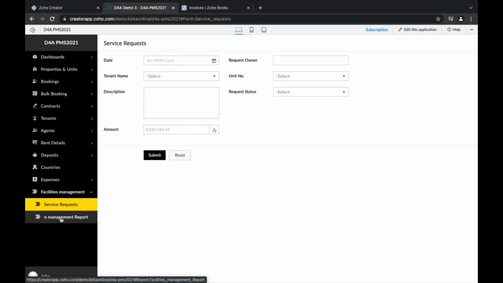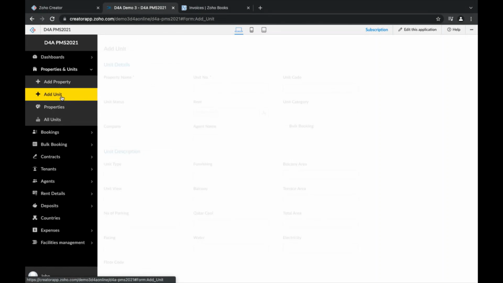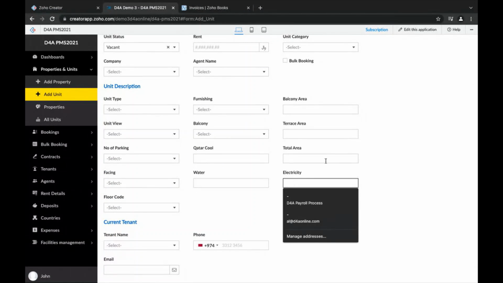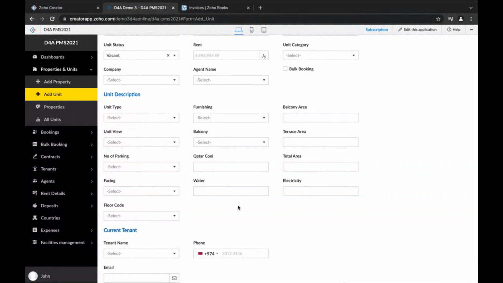Can you also add things like water, electricity, surcharges with the deferral every month? While we are adding a unit, we have an option of including details, for example, the electricity number or the water number. Based on this, we can have consumption information calculated. Right now, in this particular instance, I couldn't show that, but we have done that for a client. Month on month, they are calculating. This is where their expenses come into place, and this is where the finance module also comes into place.